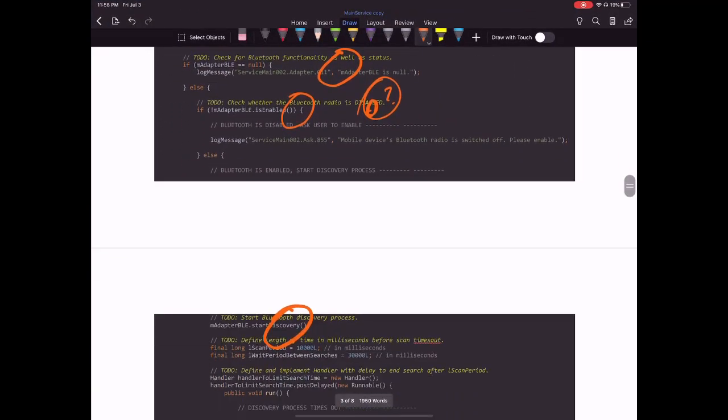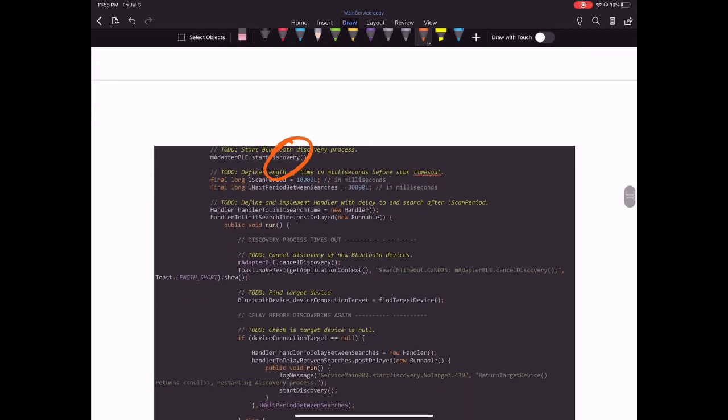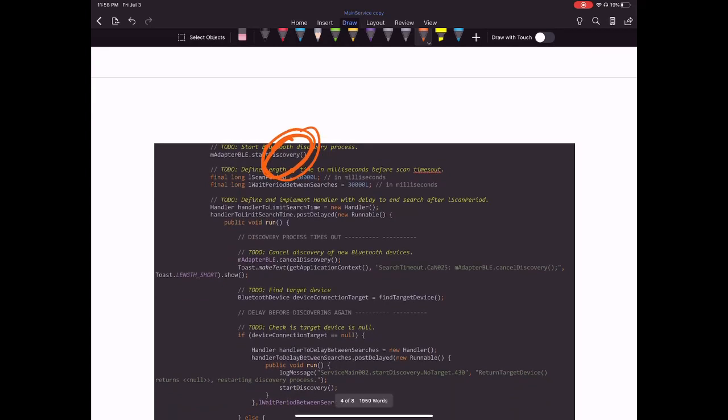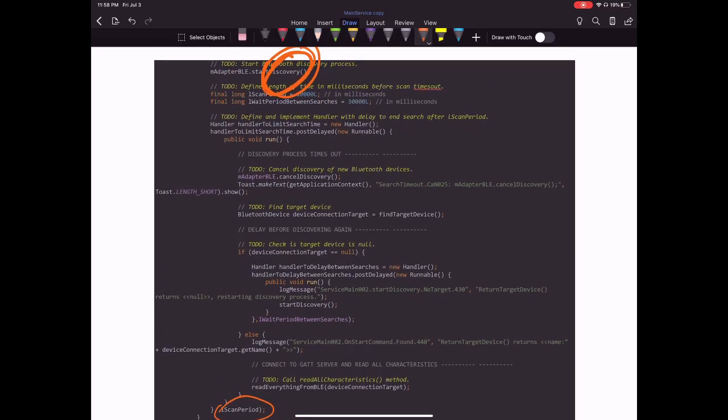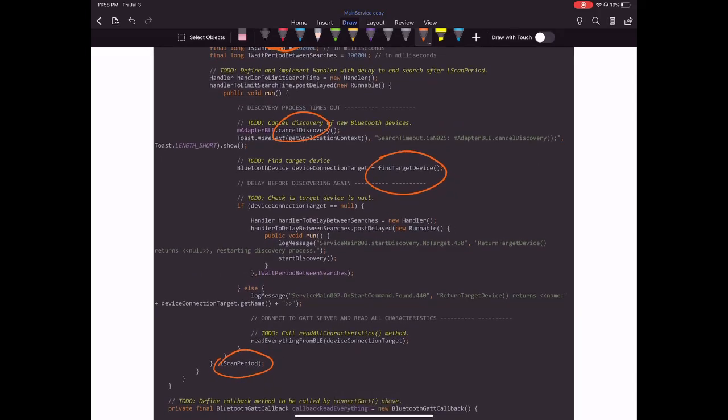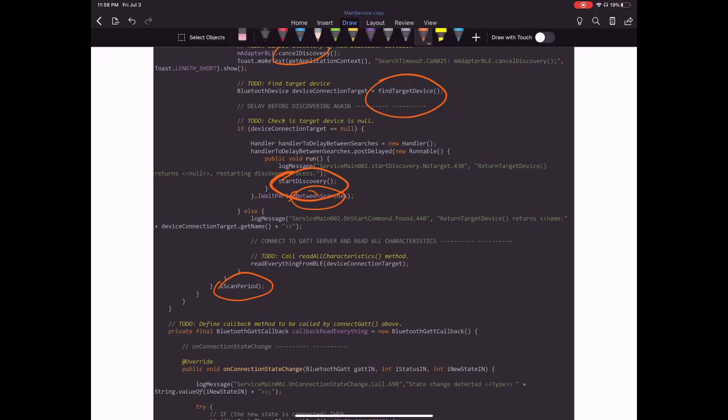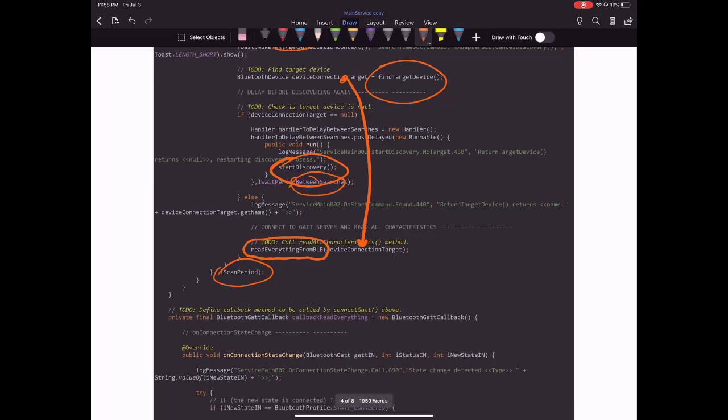We check the Bluetooth adapter. We start the discovery right here. We have a delay down here, which post delays the runnable. Once that delay is over, we cancel the discovery. We try to find the appropriate target device. And then again, if we don't, we have another runnable which delays and starts discovery again. If we do find the appropriate device, from up here, we pass it down into our read everything from BLE method,